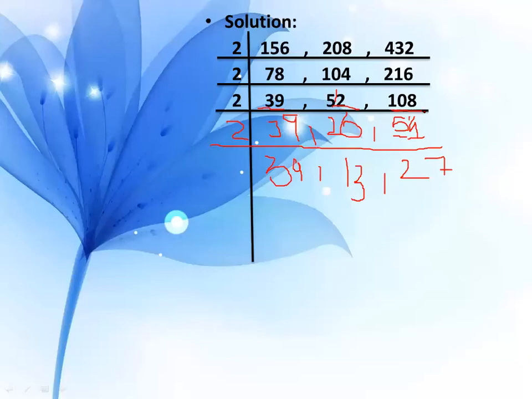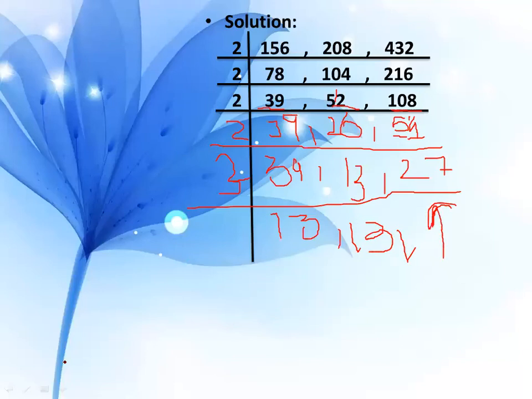So what you will do here, look at here. Can you divide any number by 2? No, you cannot divide any of the numbers by 2. So what you will do here, simply divide it by 3. 3 ones are 3, 3 threes are 9. 13 will be copied as it is, and then 3 nines are 27.